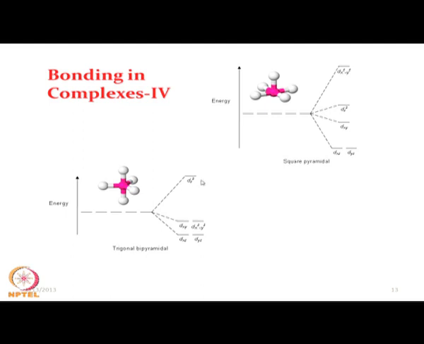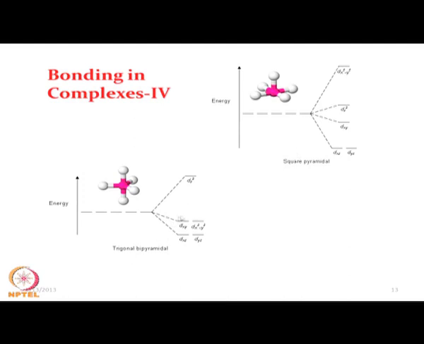And we have the vacant orbital which is different. So, by looking at the vacant orbital, we can differentiate between the square pyramidal and trigonal bipyramidal geometries. In one case it is the dx square minus y square level, which is for square pyramidal geometry, and in the other case, if the dz square level is vacant, our geometry is trigonal bipyramidal. So, that way we can differentiate these, and we should be able to write in the same fashion the way we have written the electronic configuration in the square pyramidal geometry.